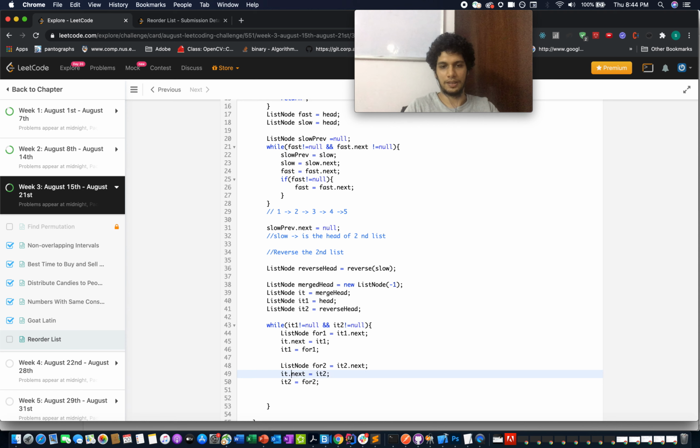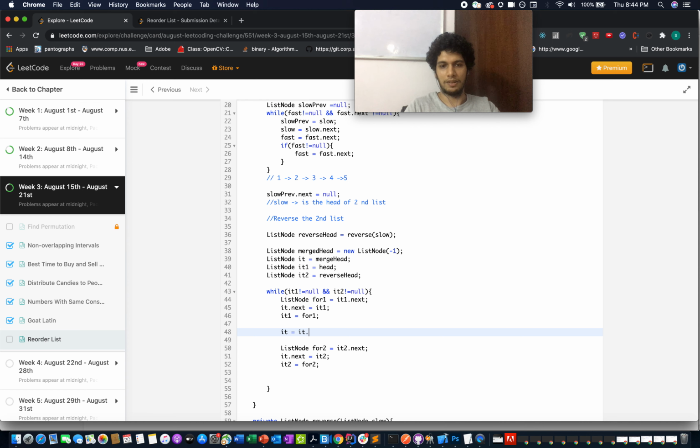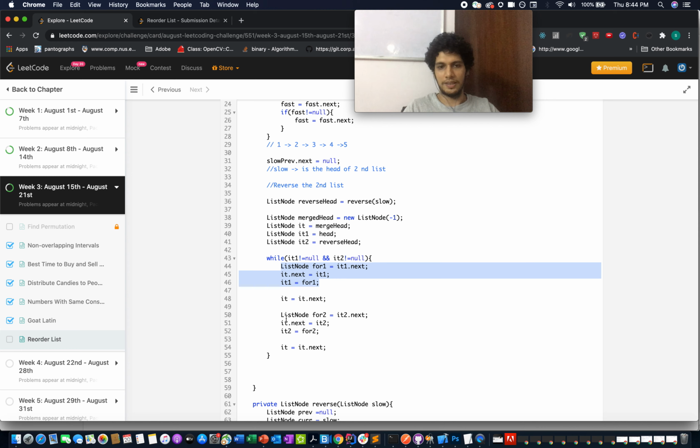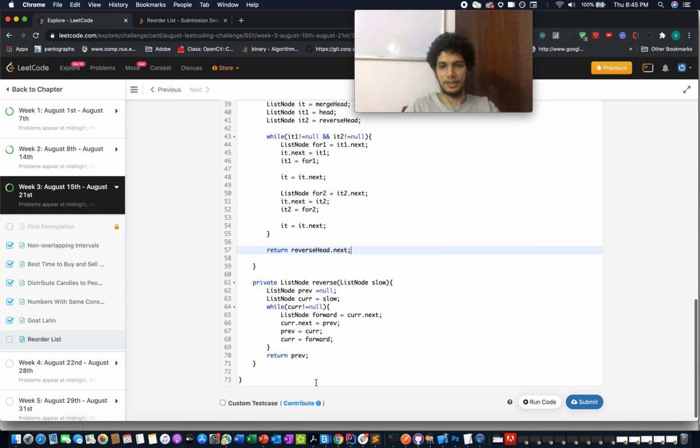And just replacing this. Also, there's one other important step that I missed, it equals it dot next, and here as well, it equals it dot next. So this way I have chosen the first element from the first list, second element from the second list, and the final part would be return reverse head dot next. I think this should work.